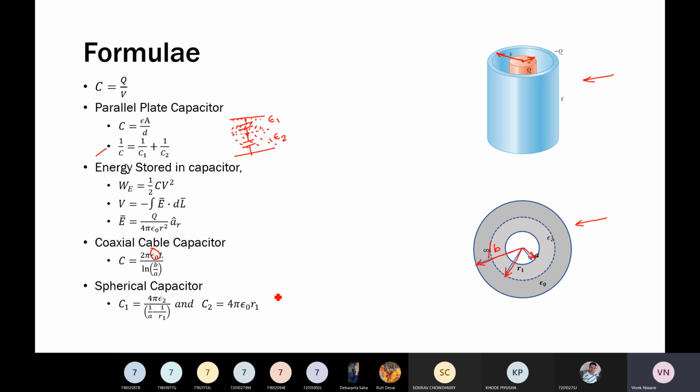Then about spherical capacitor, we do have two capacitances. Okay, C1 is equal to something and C2 is equal to something. In this expression, we have assumed that B tends to infinity. Okay, B tends to